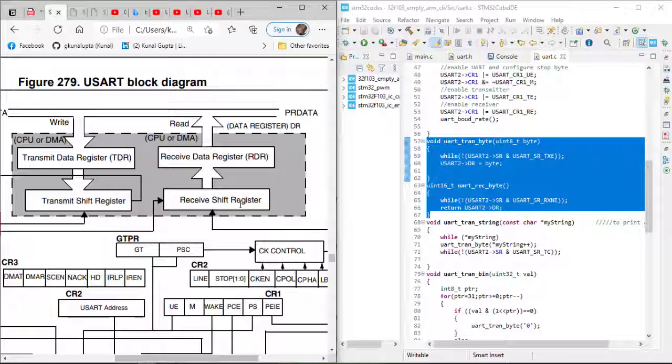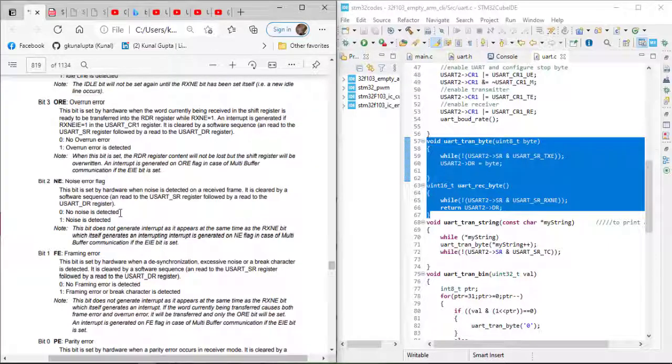So my previous data will get overwritten. Old data is lost, and then the overrun error occurs.